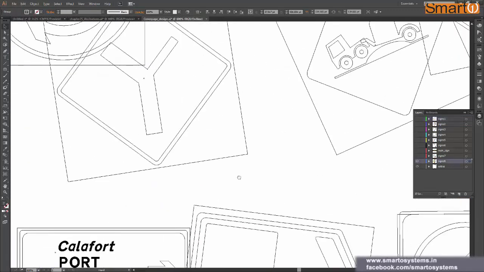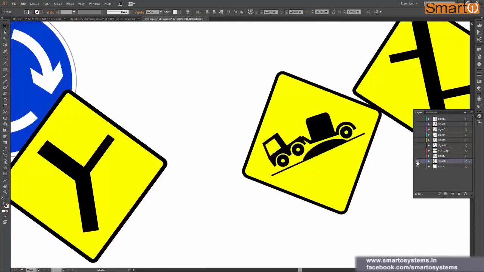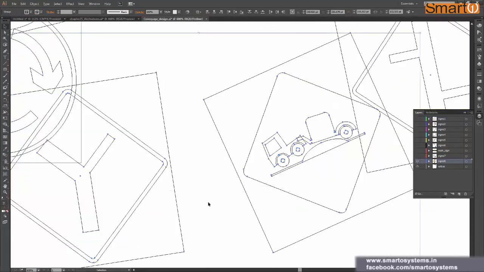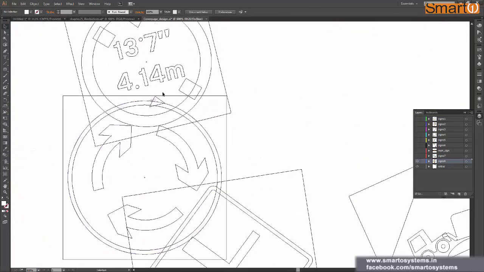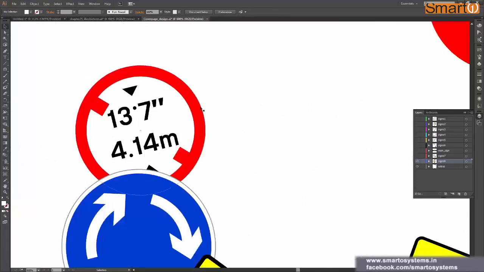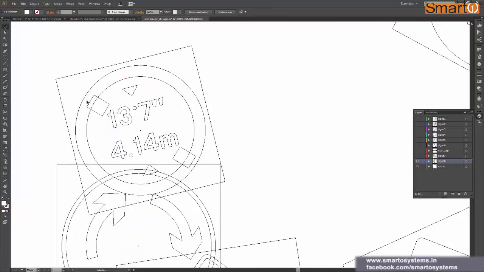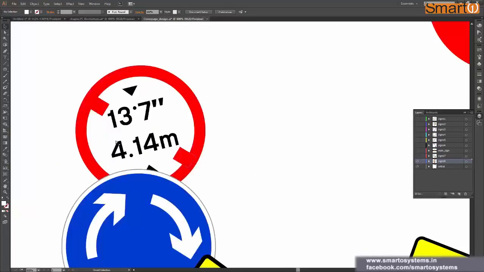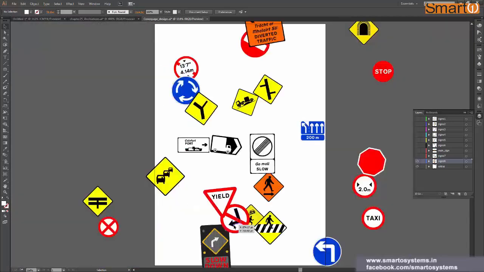So there was a purpose to put this invisible rectangle behind every sign. The way I created all the other signs like this one, it looks like a single shape, but actually I put one shape above it to make it feel like this slash mark on the sign. So this is how underline mode works.